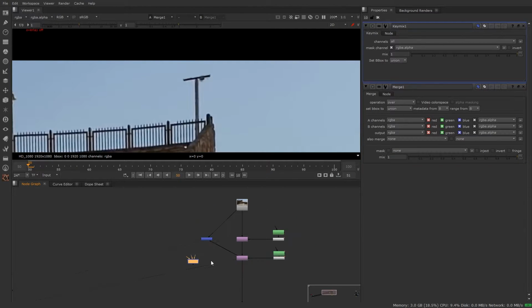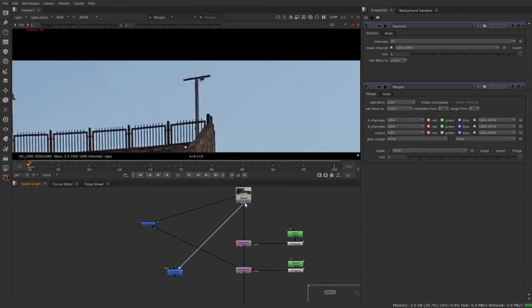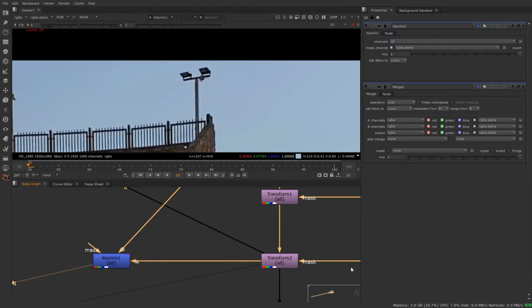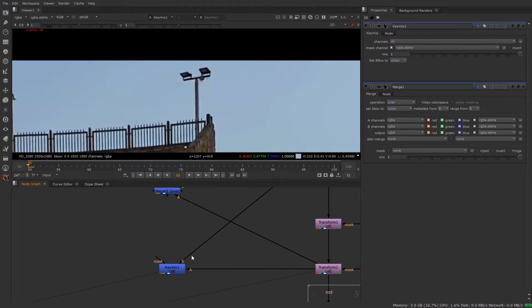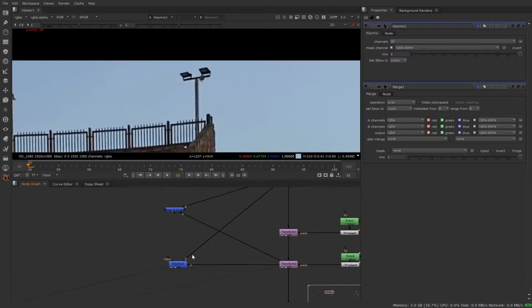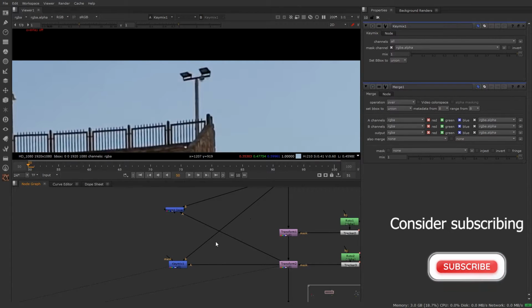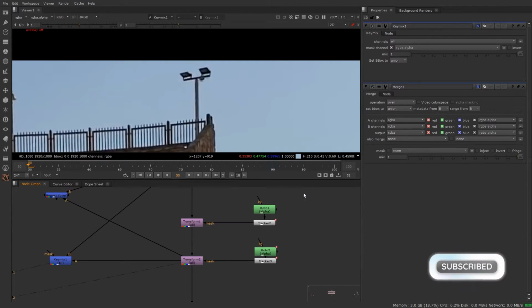But in the case of KeyMix, if I connect KeyMix same as the merge node, B will be going to the input plate and A will be to the transform. And if I see through this KeyMix, here you can see it is just showing the B input. It is not showing the A input. So if you want to show something over the B input, you need to connect it to the mask. You need to provide the alpha. According to the alpha provided in the KeyMix node, it will only show that part from the A input. So right now we didn't connect any alpha over here, so it is not showing anything, it is just simply showing the B input.